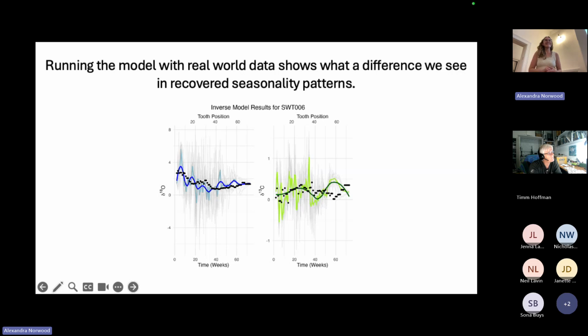Yeah, delighted to. So what Tim was just introducing is that C3 and C4 plants, our C3 plants are generally woody plants, and our C4 plants are generally grassy plants. They favor different growing conditions. So C3 plants do a lot better in cooler growing conditions, and C4 plants do a lot better in warmer growing conditions. So in places that we have winter rain, we see a lot more C3 plants, and in places we have summer rain, we see a lot more C4 plants.